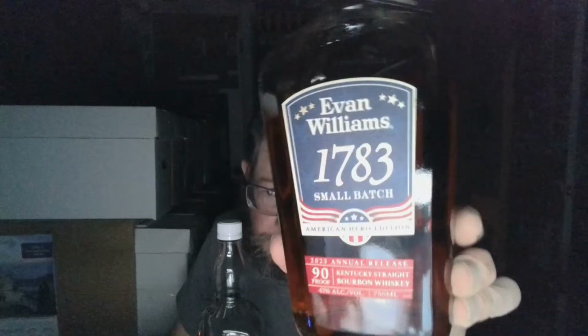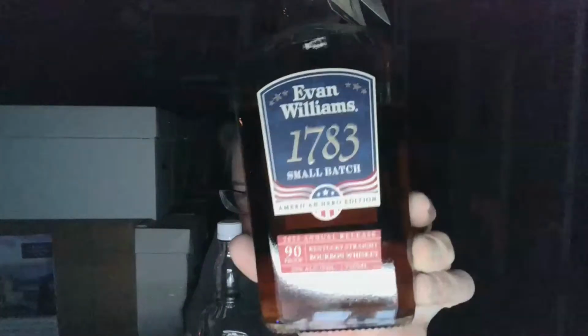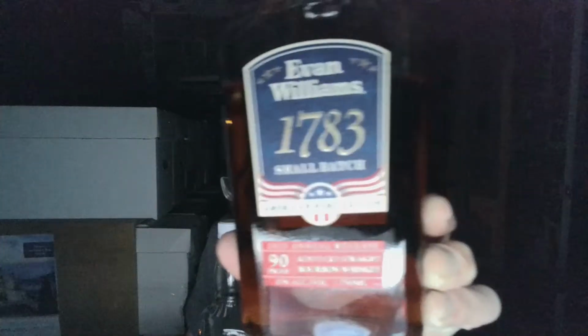All right, I've been seeing this around for like $18 for a 750 now. $18 for a 750. Like I said, this is a liter, and Savannah Discount had it for $7.99. Crazy story, but true story. So I took advantage of it. I had to. Now this is Evan Williams 1783 small batch, introduced in 2021. This version, they changed the proof on it in 2021, made it stronger. This is the 2023 American Hero Edition,